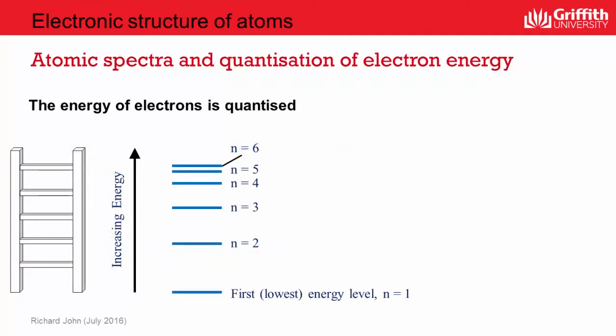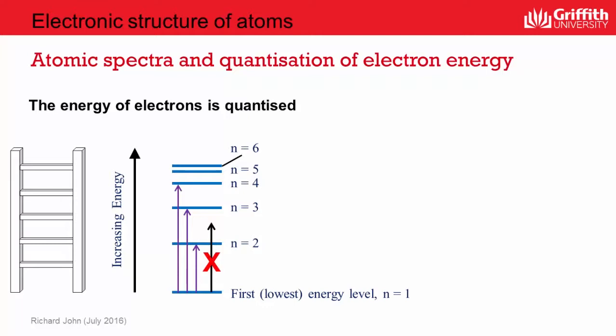If we want to draw an analogy with the electron energies in atoms, we can use a ladder as an example. A person can climb up and down a ladder, raising and lowering their energy, only by going from one rung to another. That person is allowed to step from any rung to any other rung, but cannot stand in the gap between the rungs. Similarly, an electron can jump from any allowed energy level to any other allowed energy level, but it cannot exist in the gap between energy levels.